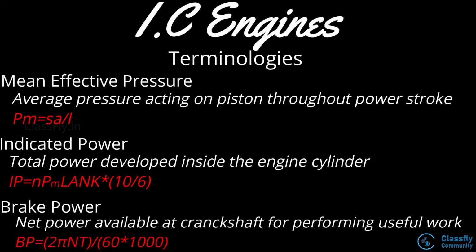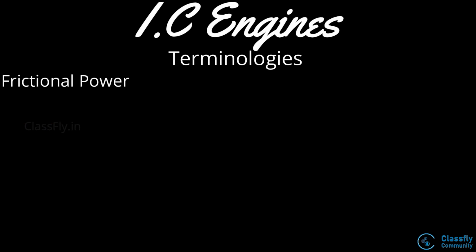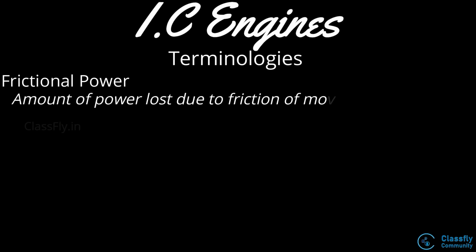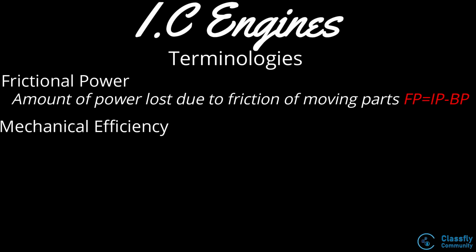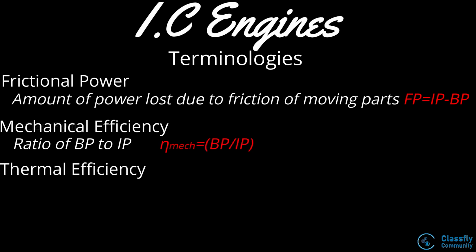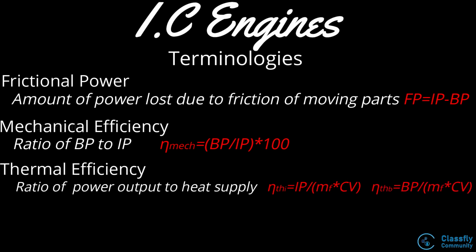The brake power, which is the net power available at the crankshaft of the engine for performing useful work, which is given by 2 pi n t divided by 60 into 1000. The frictional power, which is the amount of power lost due to the friction of the various moving parts, which can be given by IP minus BP. The mechanical efficiency, which is the ratio of brake power to the indicated power. The thermal efficiency, which is the ratio of the power output to the heat supplied,